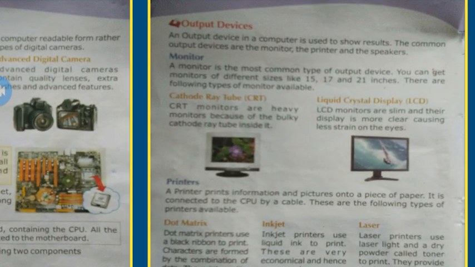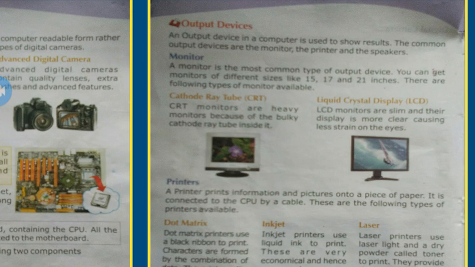Now we are going to discuss the output devices. What are output devices? The devices which help the computer to show something on the screen or to get something, like from a printer we can get a printout on paper. On the monitor we can see the contents, whatever we want to see. So we are going to discuss the monitor first.